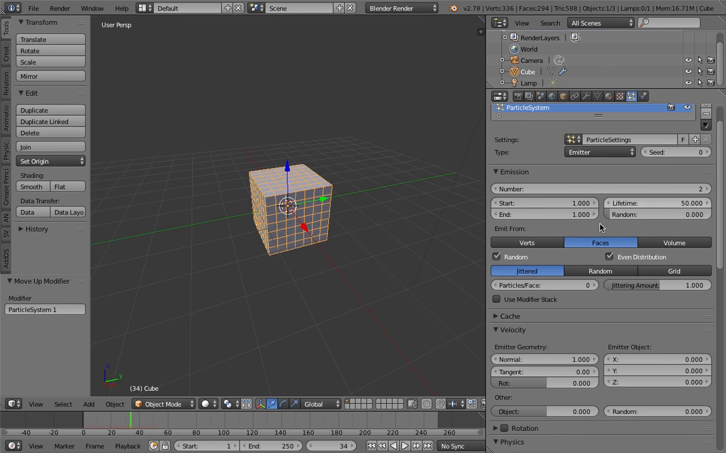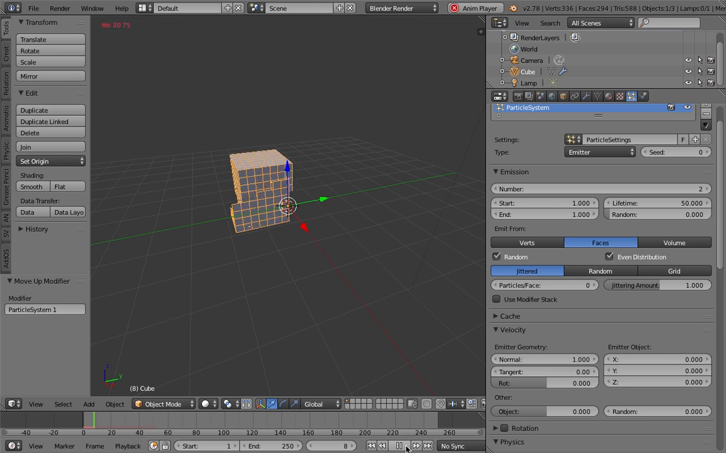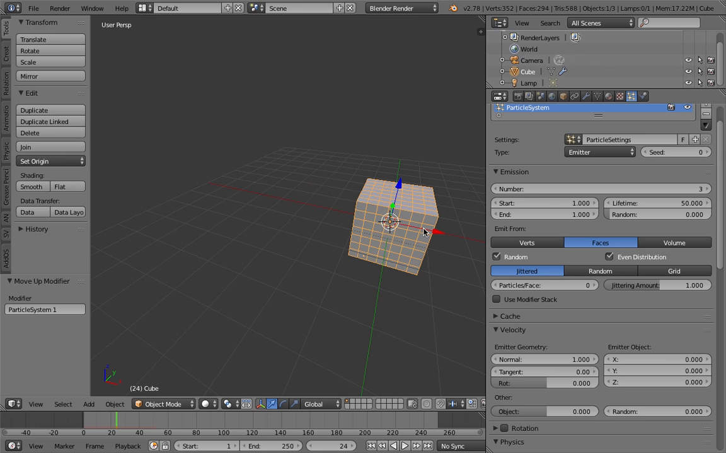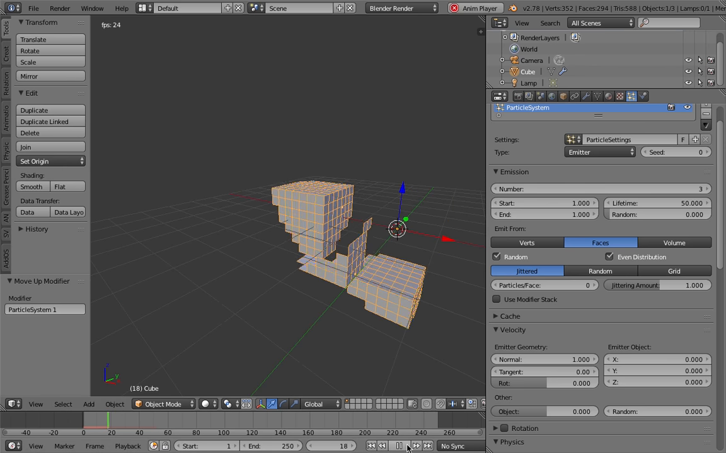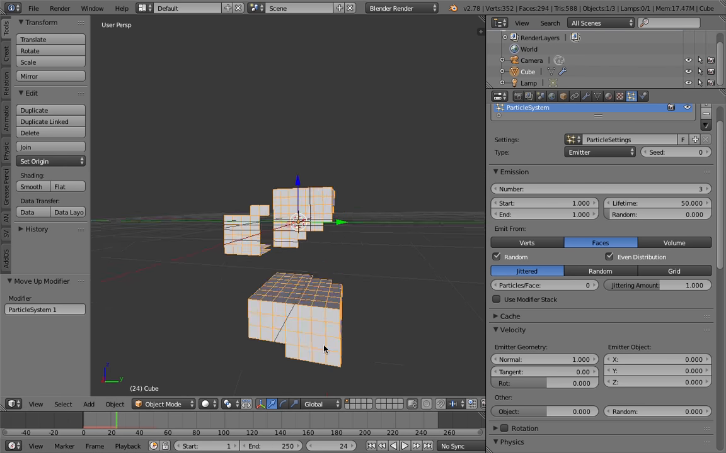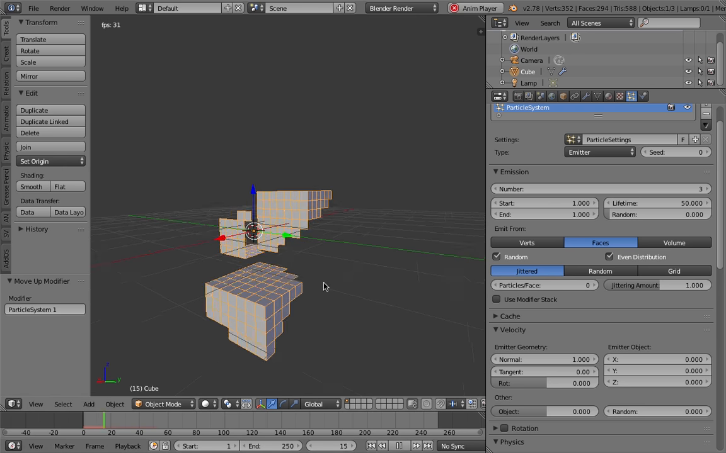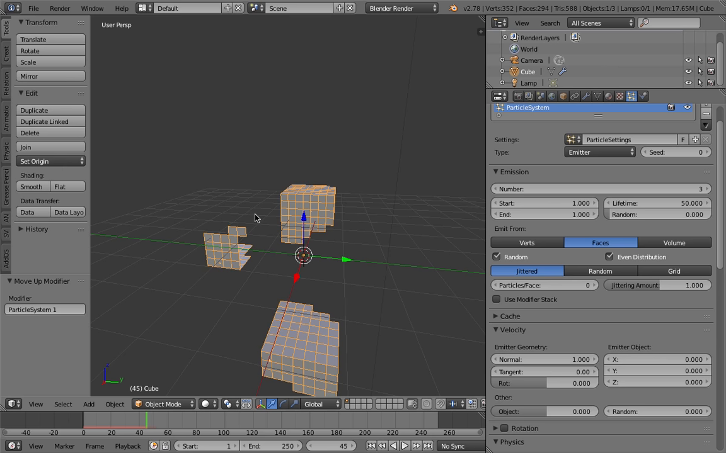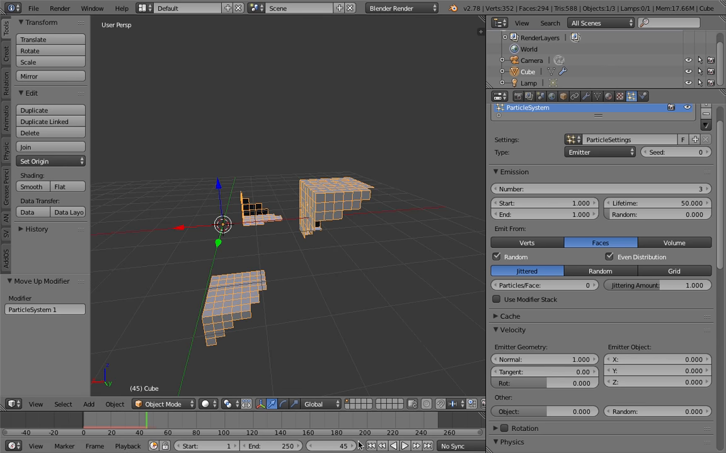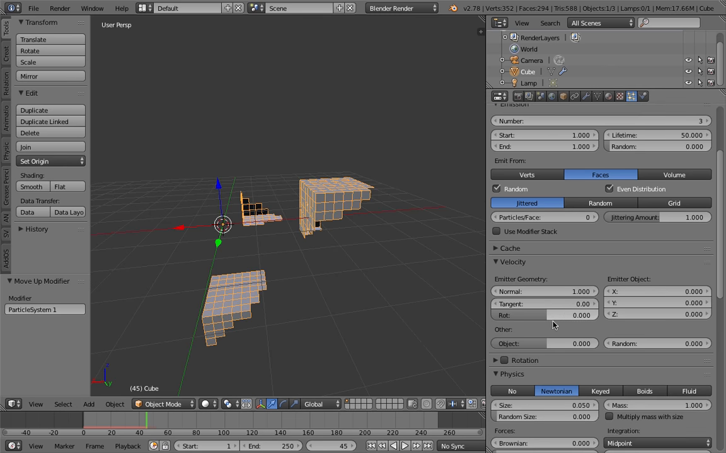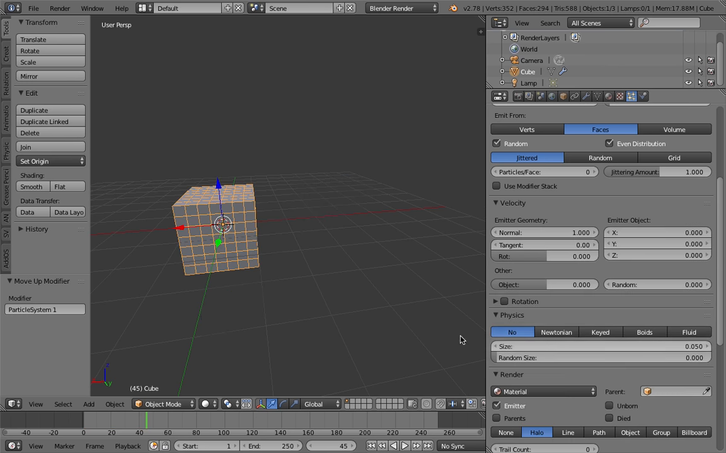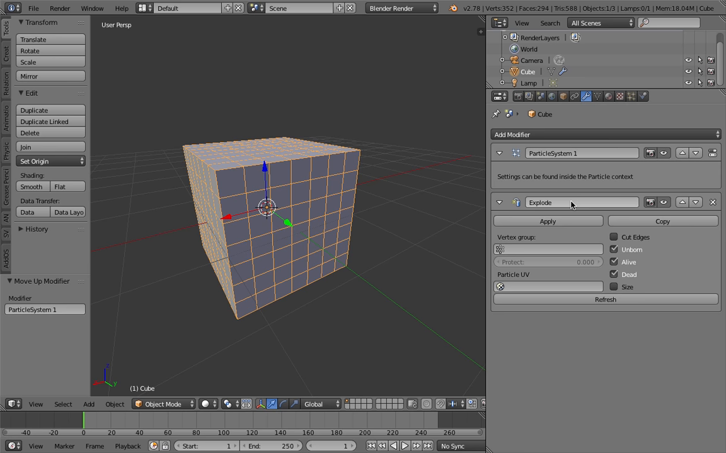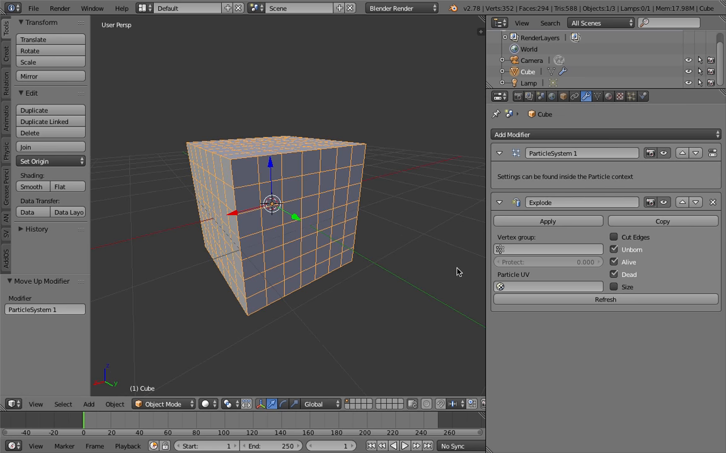If I say like 2, it's gonna break into 2 pieces like that. 3 pieces, and they are all floating in all directions, but we don't need to worry about the particle simulation. We only want it to break, so we don't even need to use physics. So now what happened is, if I